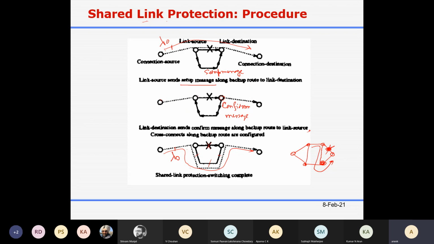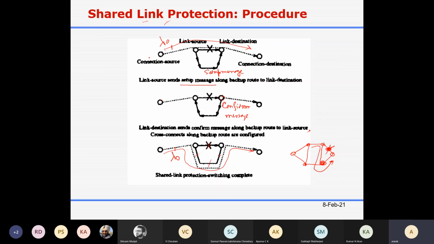So link protection is difficult to attain, because sometimes resources may not be available. Maybe sometimes your fiber is not available, or maybe your wavelength is not available. But the advantage is that this local node takes action, so the n into p propagation delay and the processing delay n+1 into d, you will not see here.